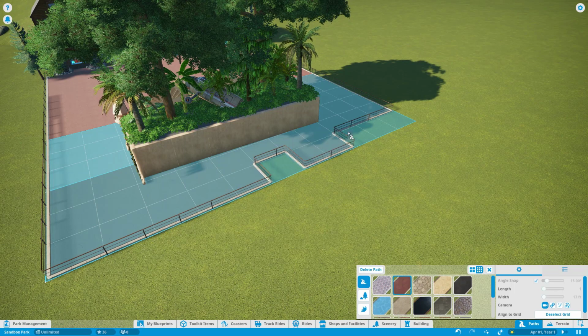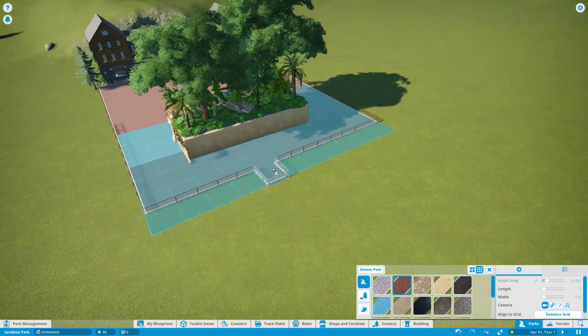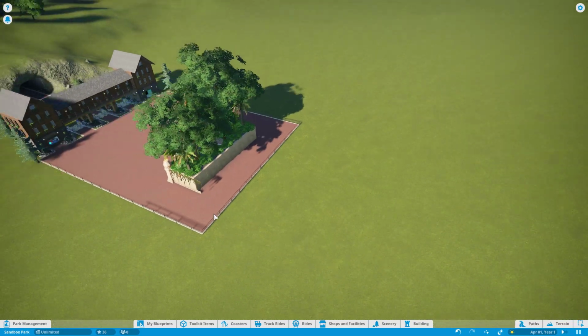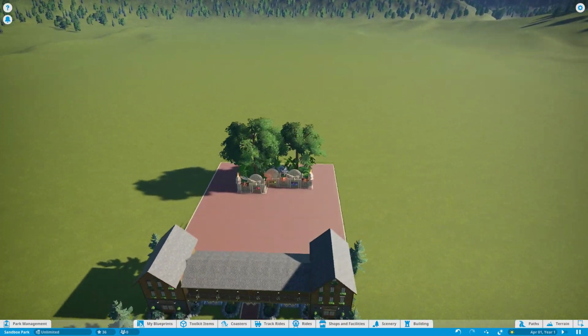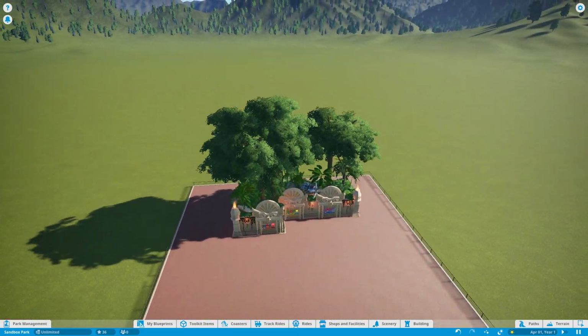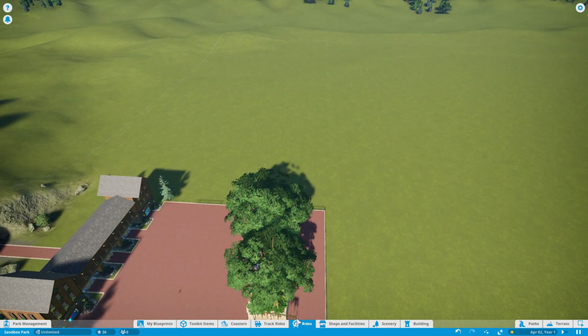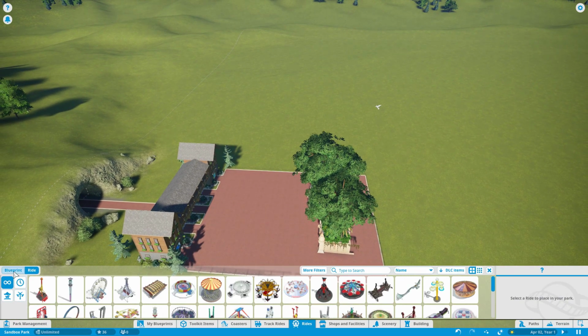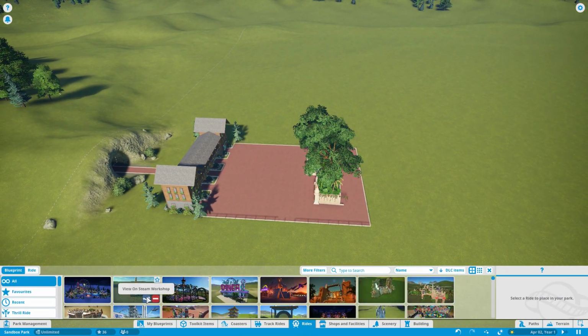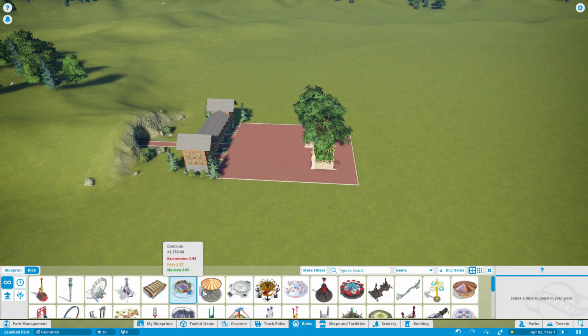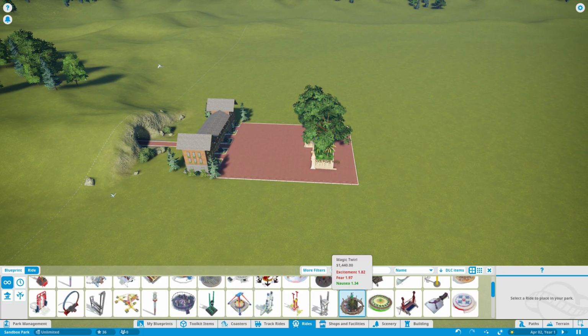So as those of us who visit theme parks know, unlike the path system that is in Planet Coaster, in theme parks, paths are kind of the default setup, right? So you don't just have paths going every which way. You have walkways and then everything kind of within that walkway. So that's kind of the idea here of using the grid system in order to do your paths here